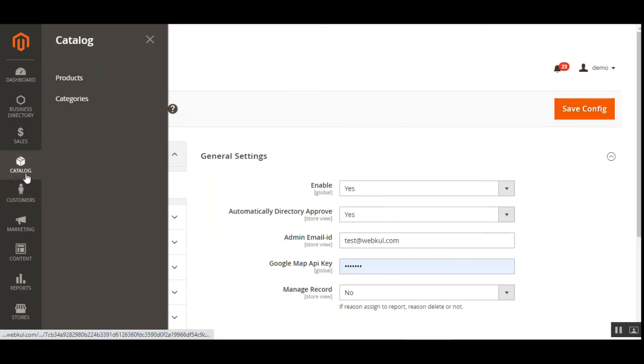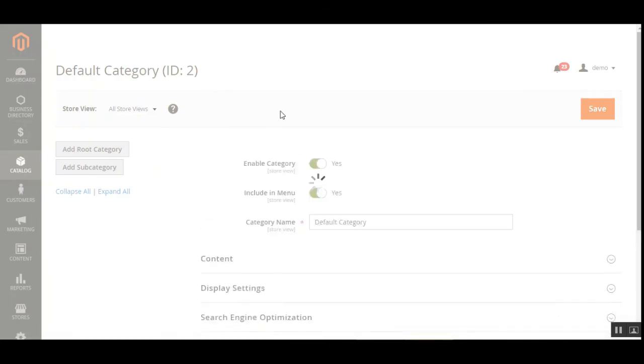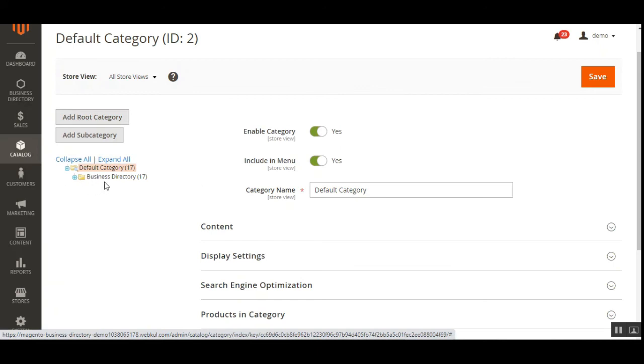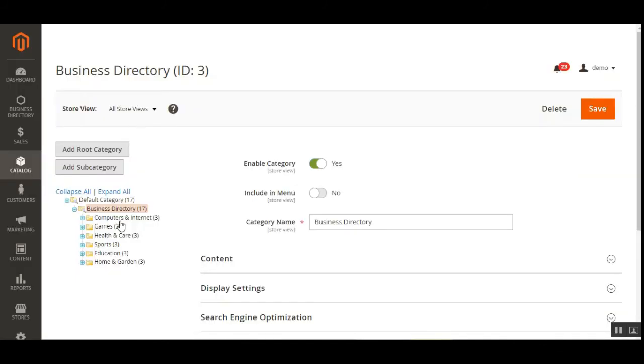So for that, I'll go to the catalog and then the categories section, and here the admin can add the subcategories for the root category. And here you can see that we have the root category as business directory, and under that we have the different category listings. And under each of these listings we have the different sub child